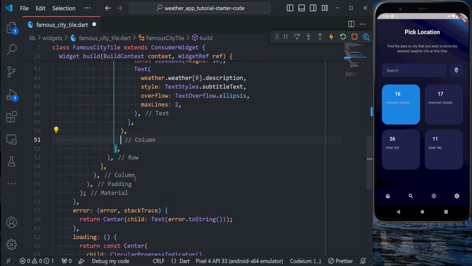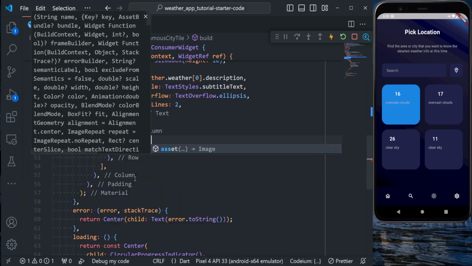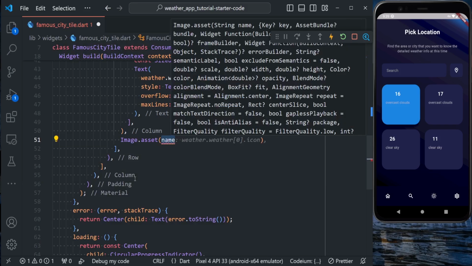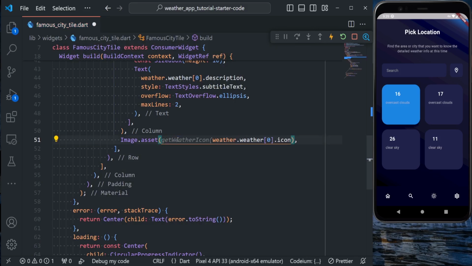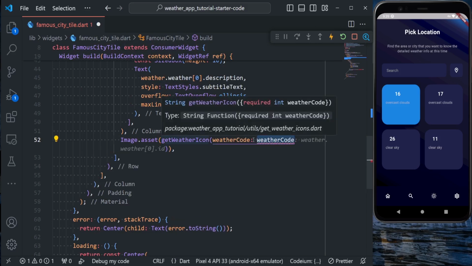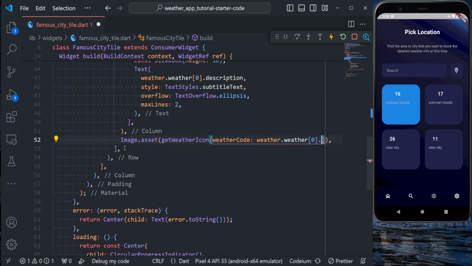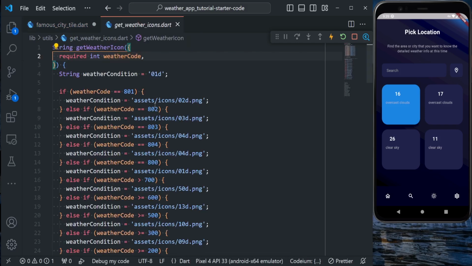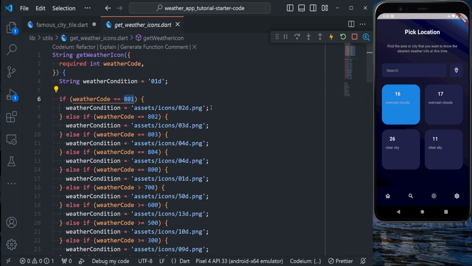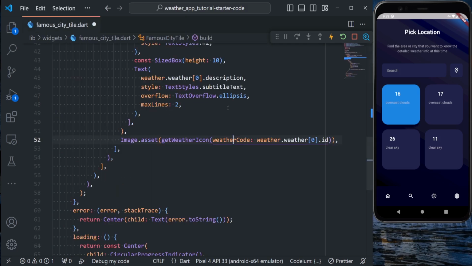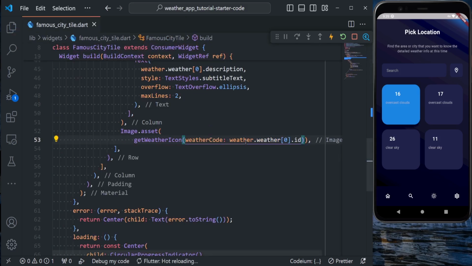So now that we have this column, let's also put our Image.asset, and for the asset we need to say weather icon, but weather icon itself is not a path to an asset, so we're going to say getWeatherIcon. This is a method that we have defined that is going to get our weather icon using only our weather code. So I'm going to pass here the ID. So weather ID is going to be an ID that we pass to this method, and this method is taking our ID and is giving us an image URL. So if we now hit save,